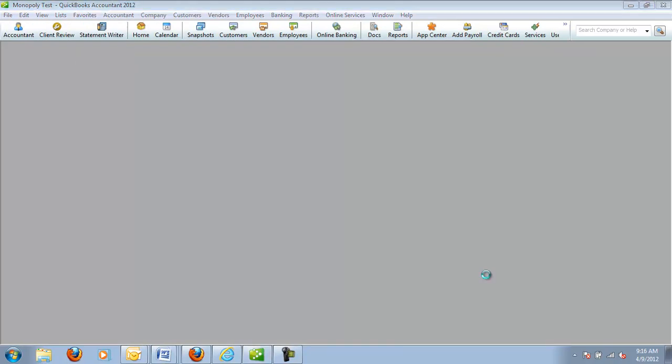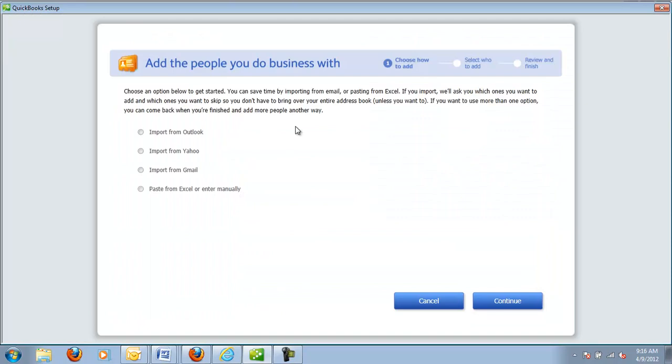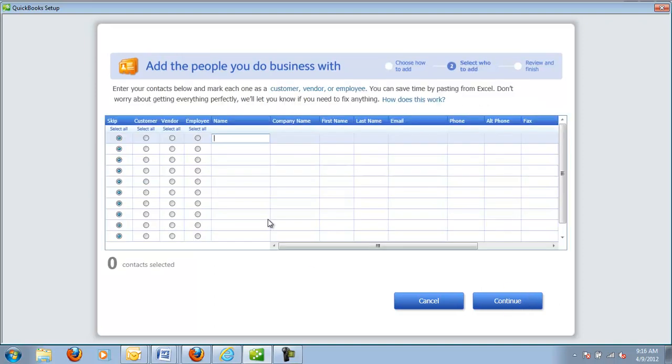Next thing I'm going to need to do is add the people I do business with. So if I had those already in some other format, I could import them, but I'm just going to enter them manually. And so I would put my competitors, so company name. Now for our sake, TVP Properties might be both a customer and they might also be a vendor, so I'm actually going to put them in twice. So TVP-C is the customer, and